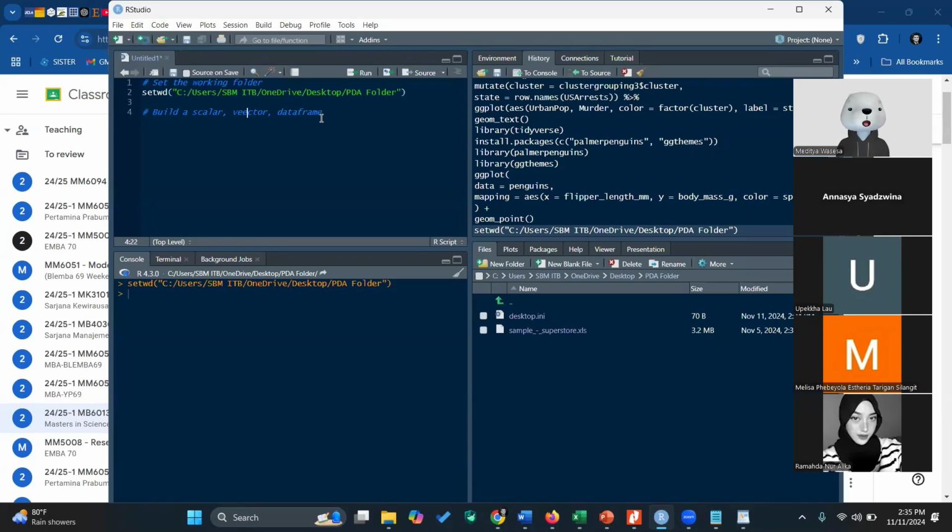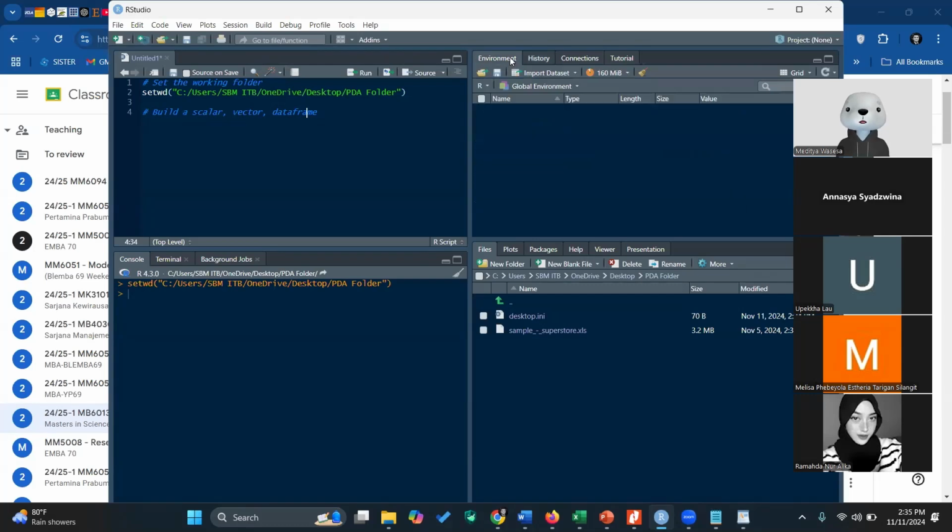For example, if you see, the environment is still empty. If you go to the tab, now I want to build a scalar, name A, with the value of, for example, 7.